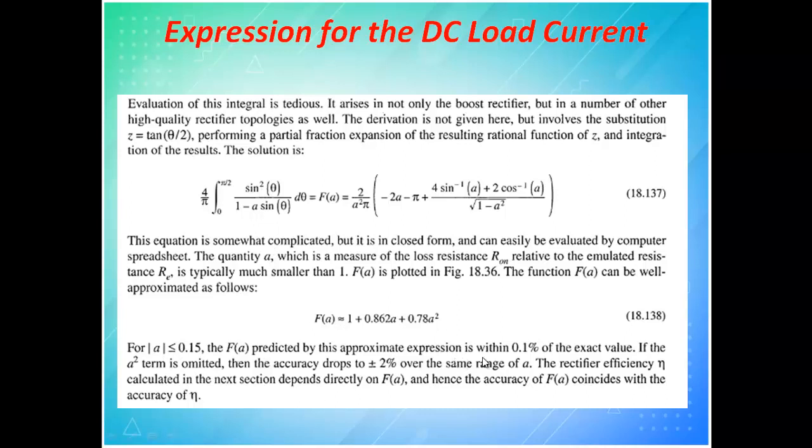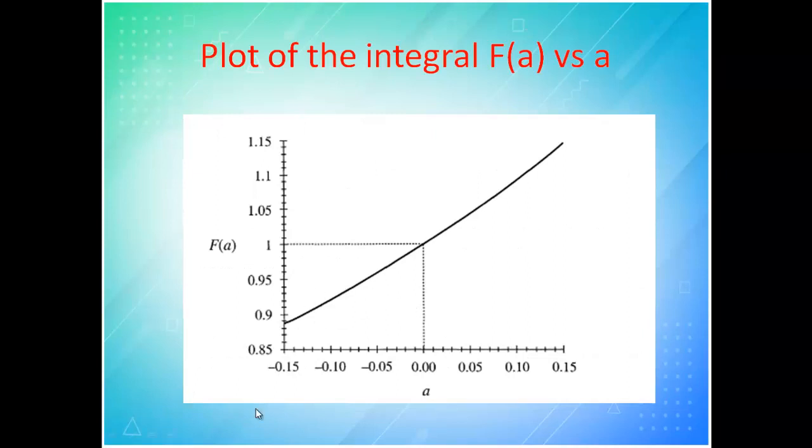So predicting approximately within 0.1, and when you omit this square term itself, the accuracy will be plus or minus 2% only. But we cannot avoid it, we will take it into consideration in calculating the efficiency. If you plot a graph between f(A) and A, it clearly shows that after a value of A starts to increase, the function of A will also vary from 1. Less than this we will not consider, only after this.